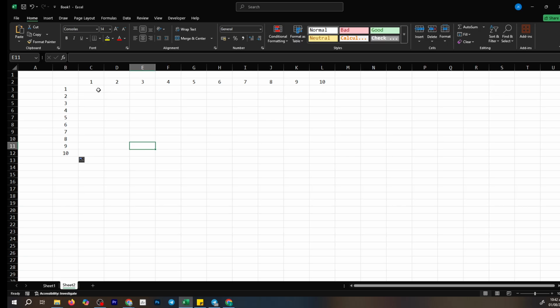Move to the bottom right of the first number in your row and the right side of the number 1 in your column. Here you'll enter the formula equals C$2 times $B3. Now you might wonder, why the dollar signs? Well, the dollar sign is a powerful tool that keeps specific parts of your formula static, even when you copy